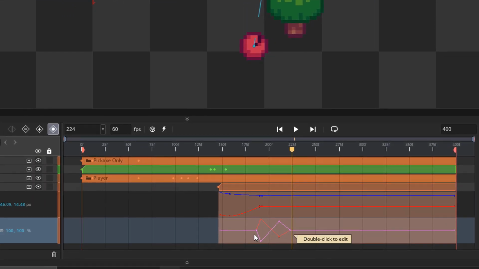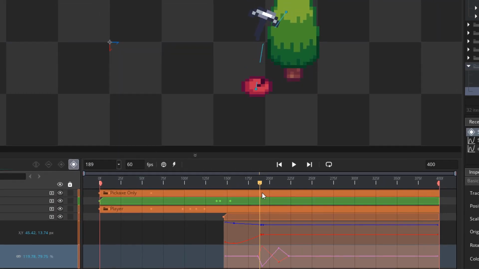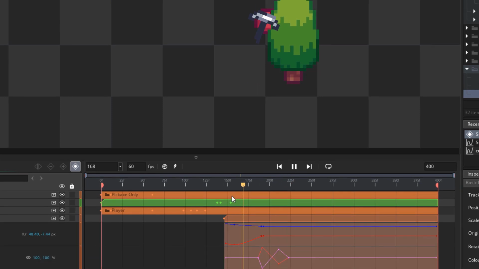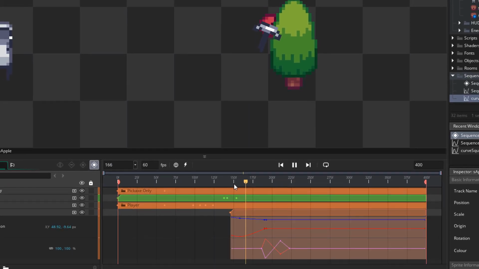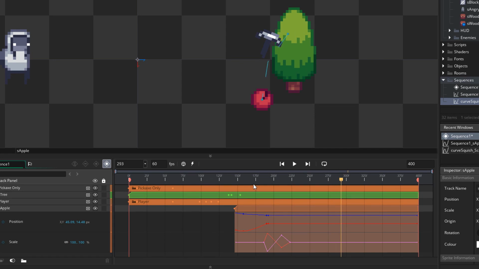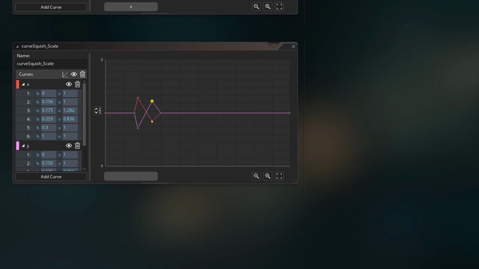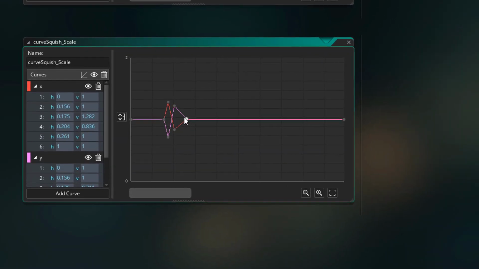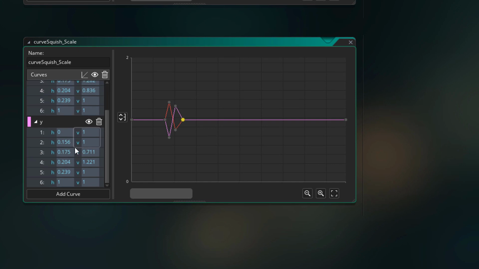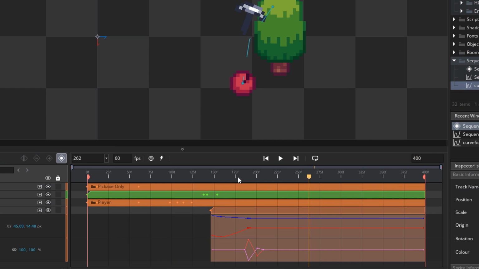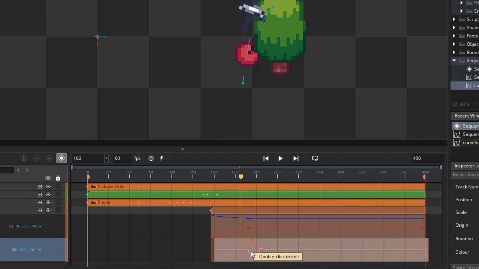So now you can see the curve here and you can also see the scaling animation on the apple. So this basically demonstrates how you can create a curve and use it anywhere inside a sequence. Now I do need to make the animation a little shorter, so I'm gonna do that here. And also make sure that the values always begin and end at 1. Now in the dope sheet, you can control exactly when the scaling animation starts simply by moving the imported curve around. So I'm gonna place it here.